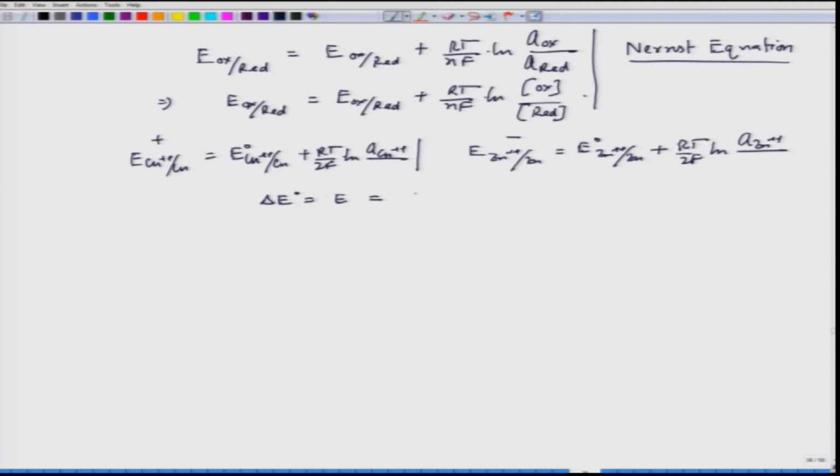So, then this becomes E, which is nothing but